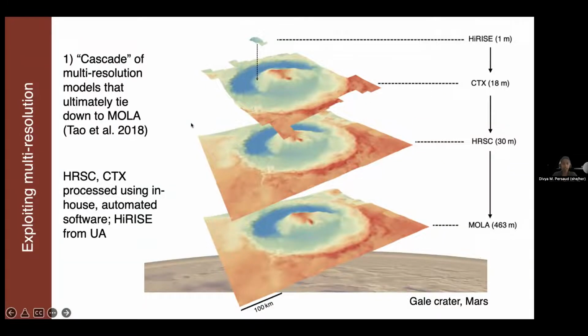So my work involved processing these top 3 digital terrain models. So HRSC, which is the High Resolution Stereo Camera, and also the context camera, I did myself. And then this one I sourced from the University of Arizona from the instrument team, and also did some processing there. And I won't get into the processing today because that is a very deep rabbit hole. But I'm going to talk a little bit about this problem of where.